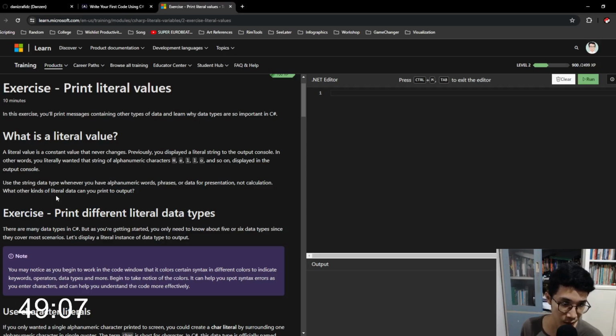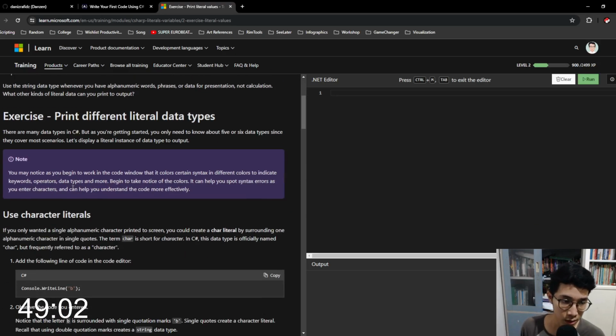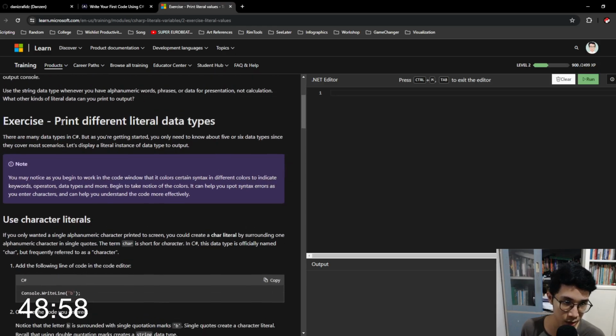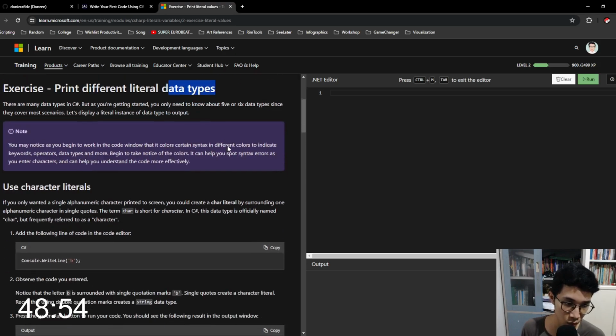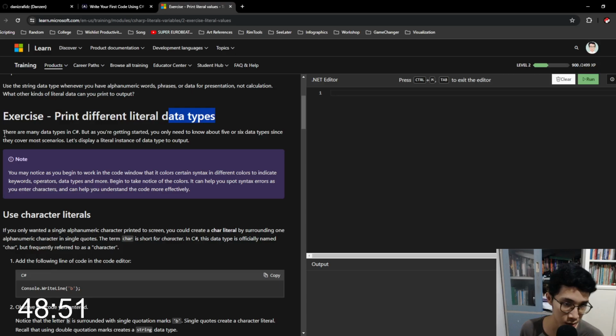What other kinds of literal data can you print to output? So, exercise: print different literal data types. This is the explanation, and we go to the types of data types. There are many data types in C#, but as you are getting started, you only need to know about 5 or 6 data types since they cover most scenarios. Let's display a literal instance of data types to output. Note,